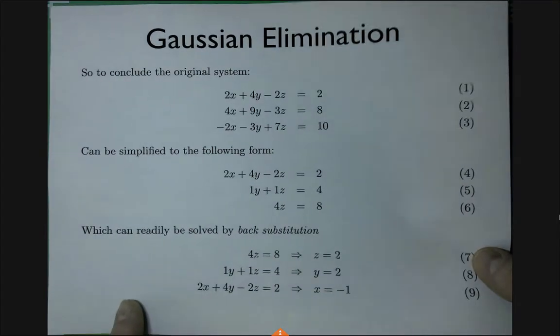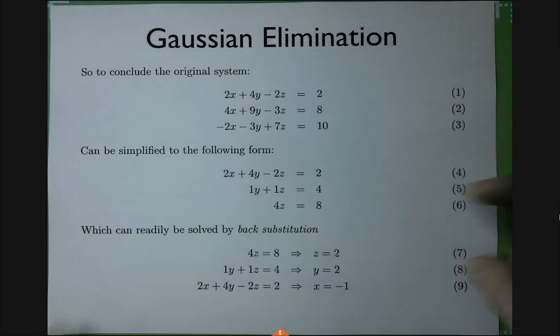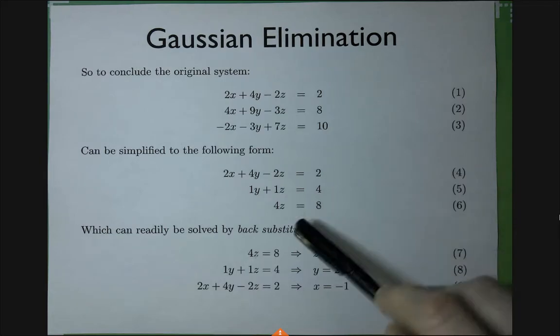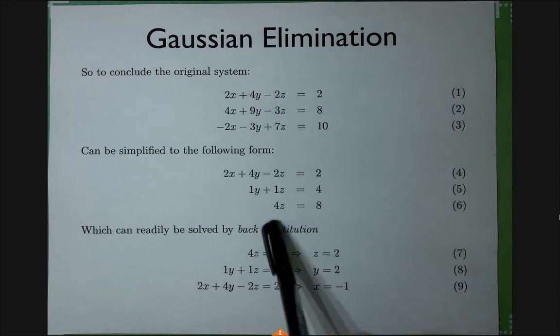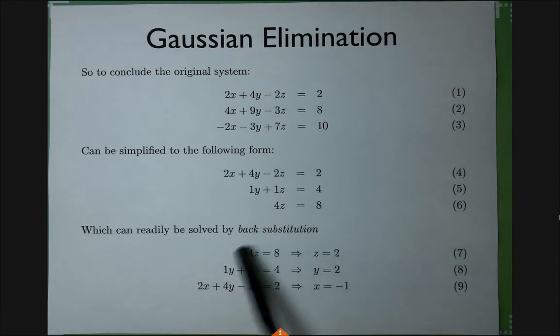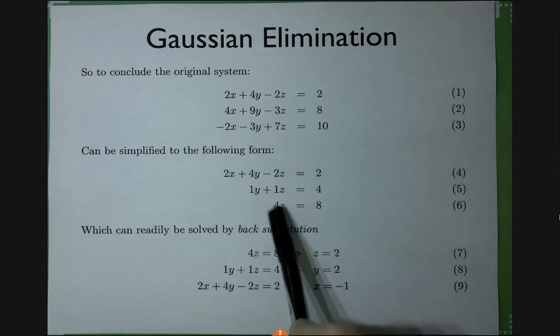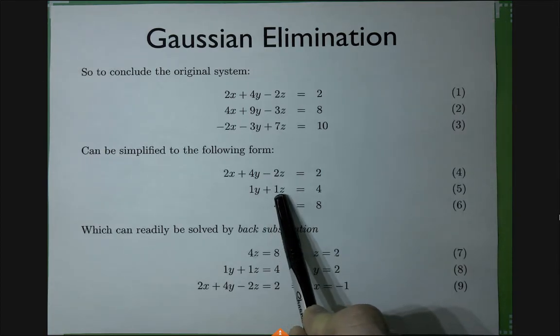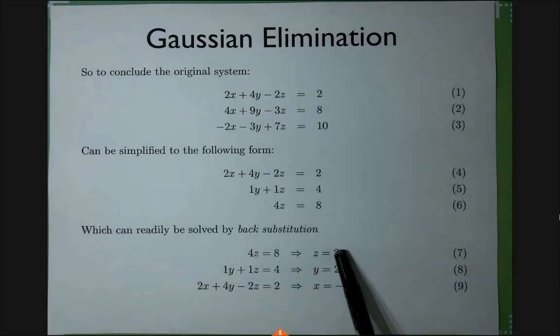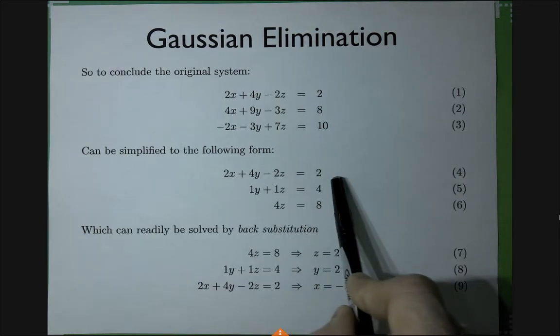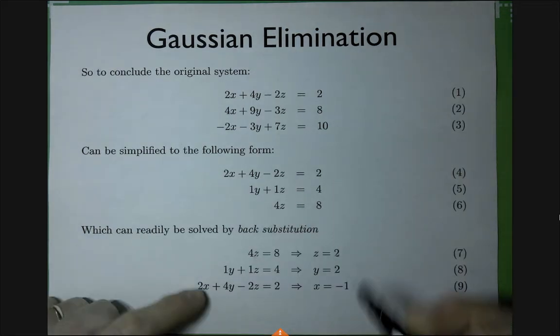So what we did, we transformed it to this form, and here what we can do is called back substitution. Here it's easy, right? Because you can immediately see that z must be 2, right? If we know z, we can substitute it in here. So that means I get y plus 1z. If z is 2, that means that y plus 2 is 4. That means that y must be 2, right? 4 minus 2. And now I know what is z and y, so just plug it in into the first equation.